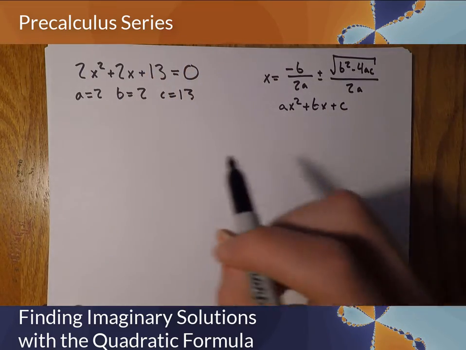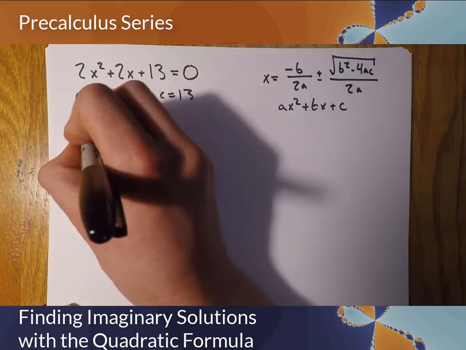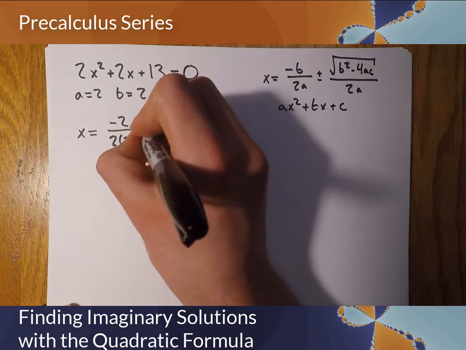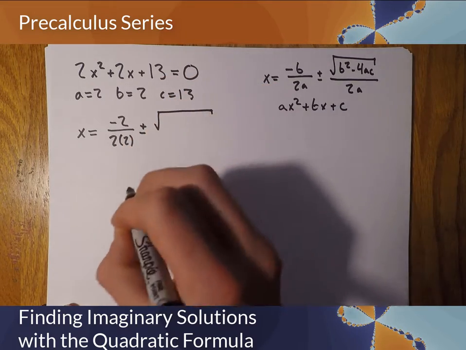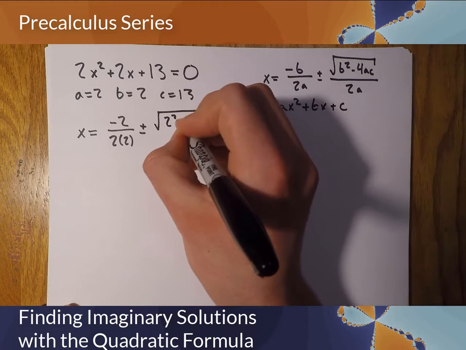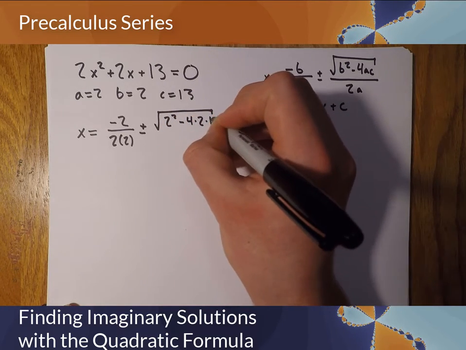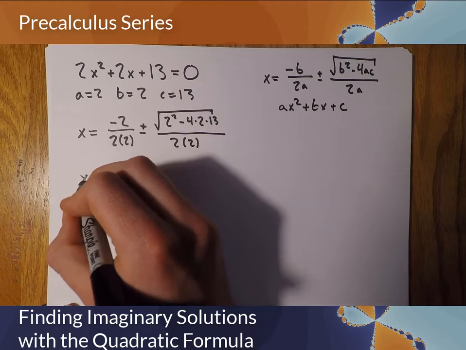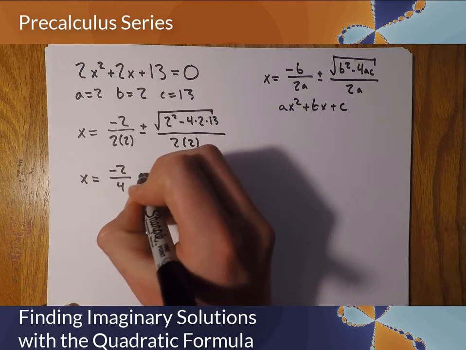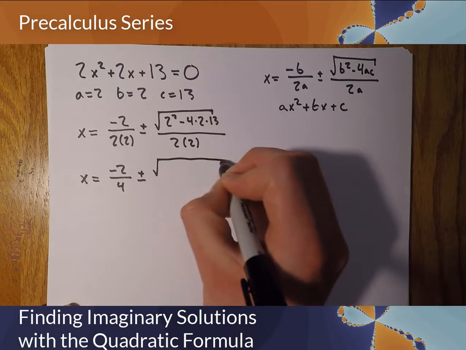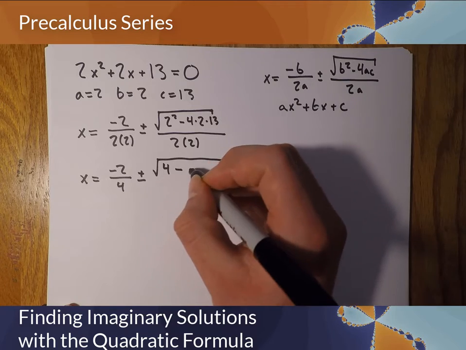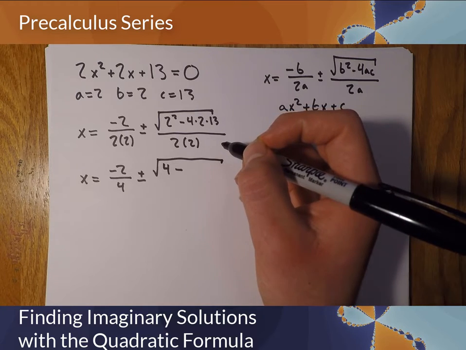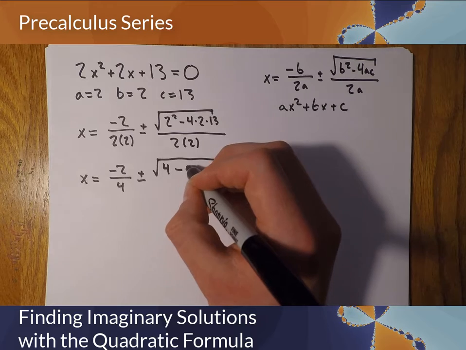Alright, so we're just going to plug it into our quadratic formula here. So we have x equal to negative b over 2a, so 2a is 2 times 2, plus or minus the square root of b squared minus 4ac, so you have 2 squared minus 4 times a times c, all over 2a, so 2 times 2. Now we have x is equal to negative 2 over 4, plus or minus the square root of 4 minus 8 times 13, which is equal to, let me do a little mental math, 104,